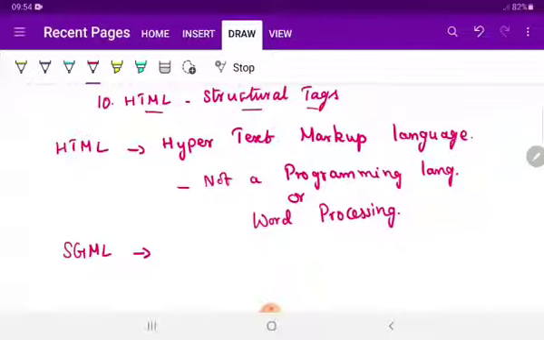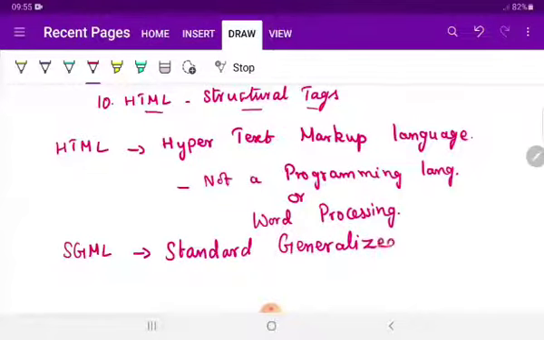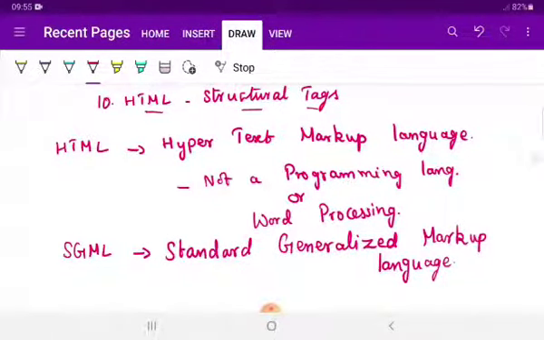It is standard generalized markup language. To write a program in HTML, there is no need to have any